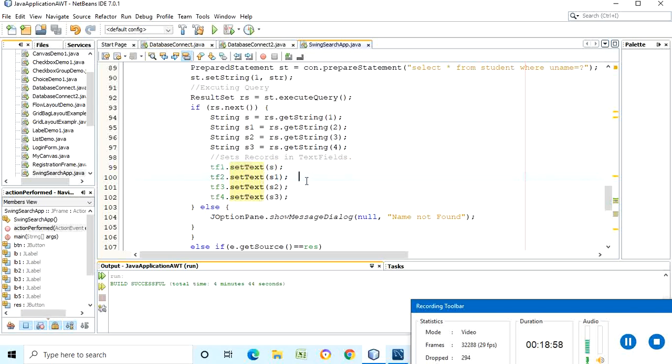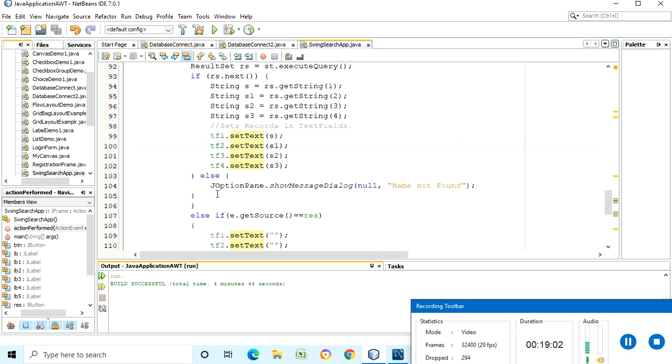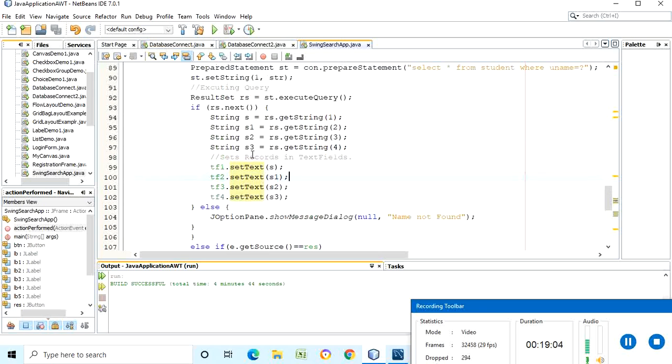If a particular user enters an incorrect username, in that case we will go to the else part, because data is not extracted. rs.next is not true, it is false. It means that the data is not extracted. It means that the username is incorrect. That particular user may not be present in our database. So in that case we are giving a message that name not found. You can change the message also. You can say please enter a correct username. Accordingly you can change it.